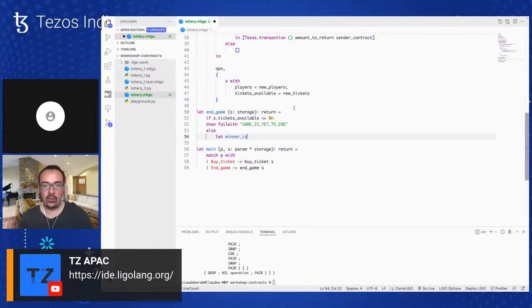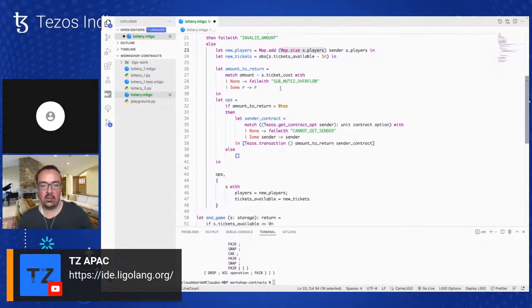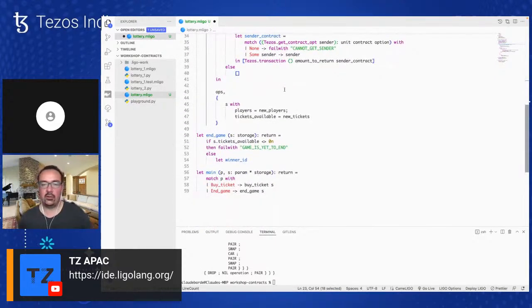find. So you remember here in the map, every time there's a player, we have a nat number as a key. So we're going to generate a pseudo-random nat number in the range of the size of the map in order to find an ID for the winner. So we're going to use